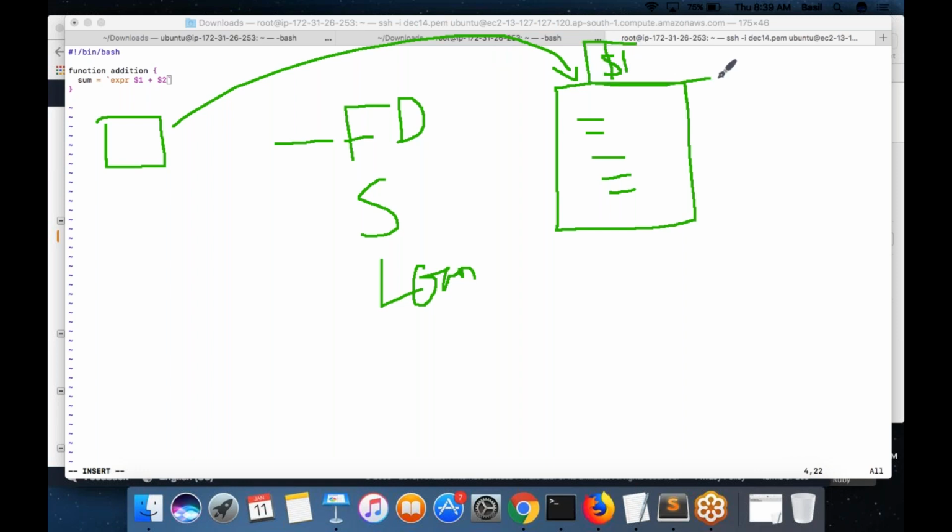On these arguments the function would execute, and finally return the result to the calling program. Basically it is the calculated interest. So this calculation always takes place inside the function, and the function receives arguments and returns a value. That's what a function does.